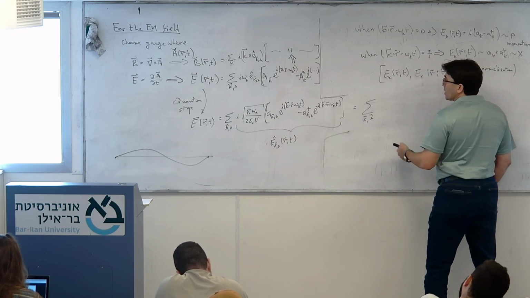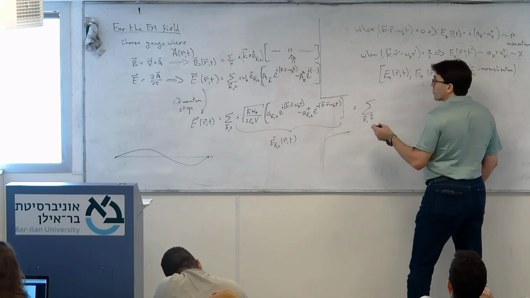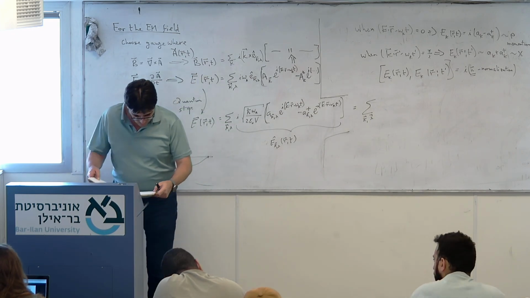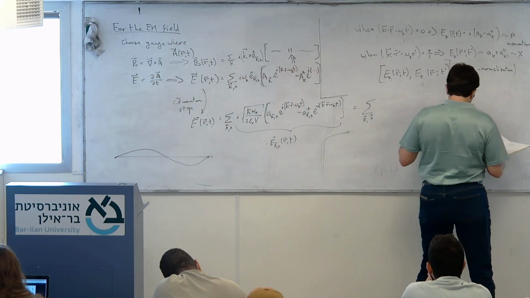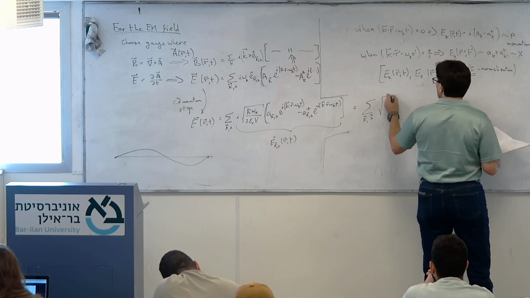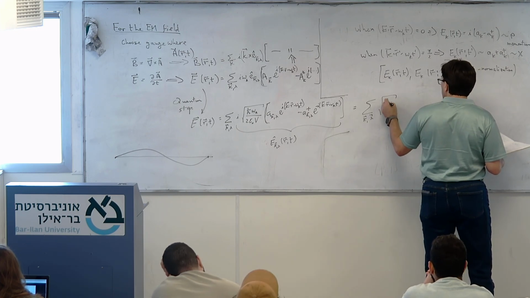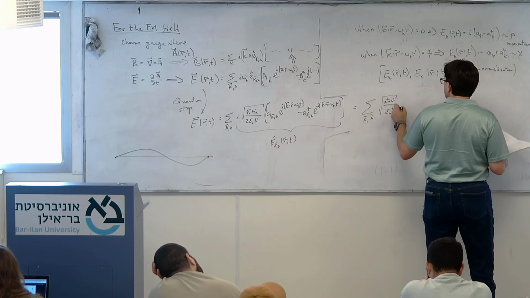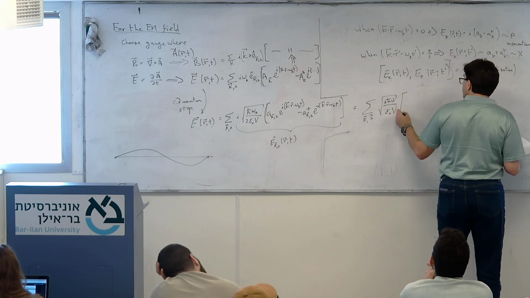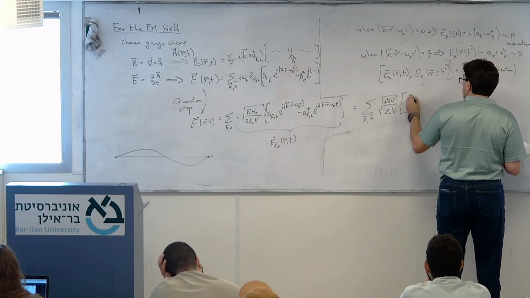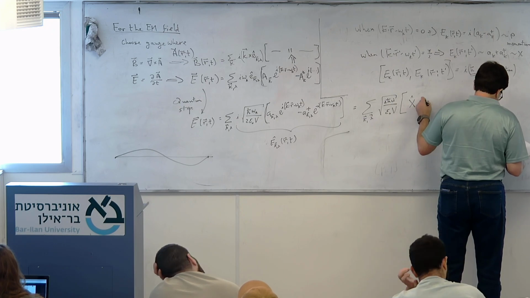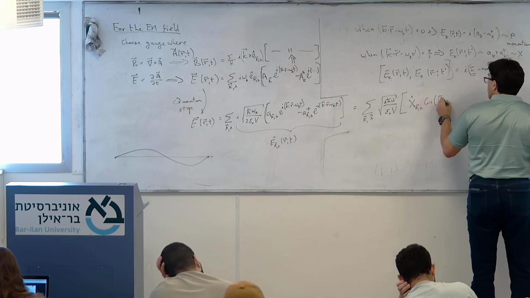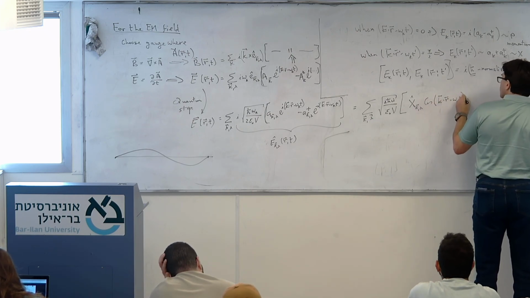Instead of A, I'll have here the same thing, the square root, and here I'll write x operator of k lambda times cosine of k dot r minus omega_k t,